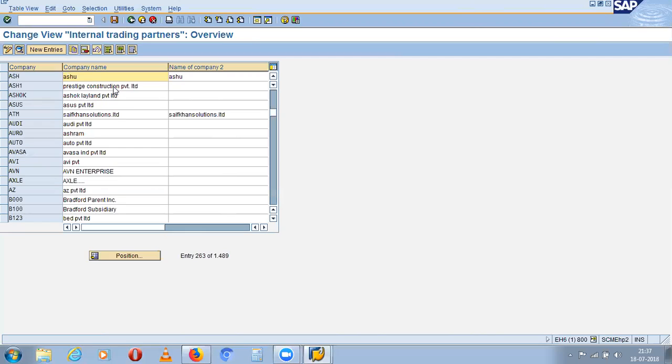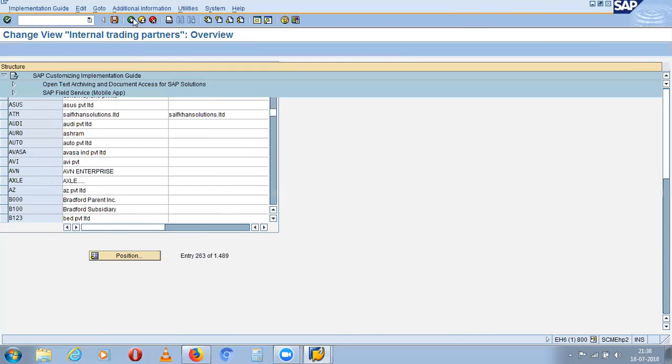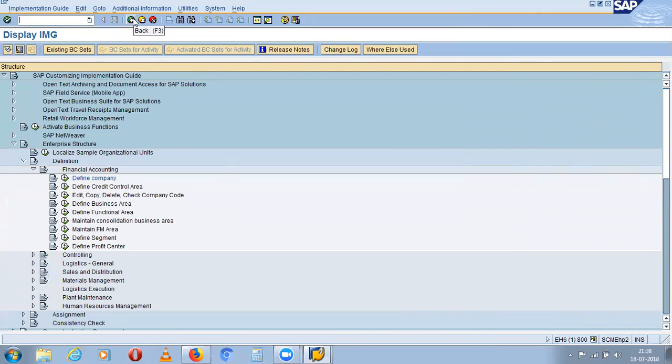Click on back, the left arrow mark. It is an arrow mark to come back to the previous screen.